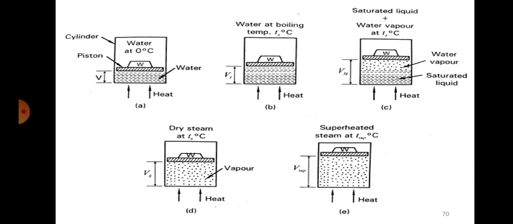Alright, then when you start supplying heat to that, initially the volume will be V1, or V we will generally take. Some volume of water we have taken, on top of that there is a piston and a weight kept on top of that, and now the water is at 0 degree Celsius and you start heating the water. So generally what happens is, as you start increasing the heat, the water starts to expand, isn't it? The volume will increase. So it would reach a next state. And after a certain time, the water will start boiling. That means when it reaches probably say 100 degree Celsius, the water will start boiling at that particular point.